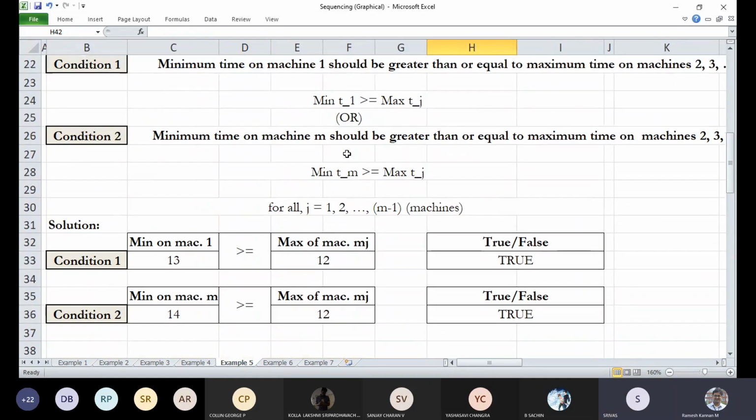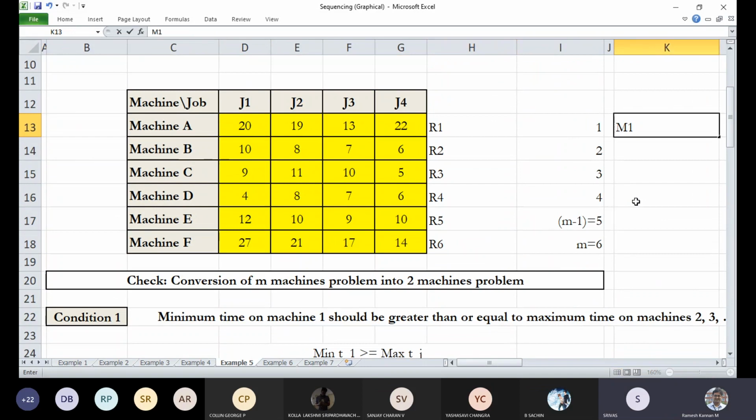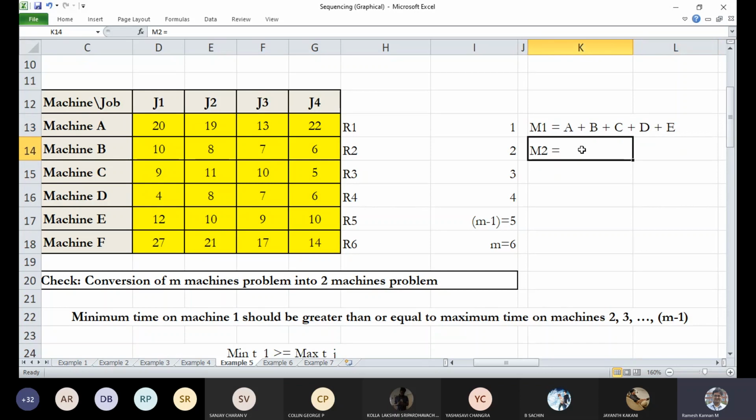In this case, machine 1 equals the first machine, which is A. Then machine 2, the equivalent machine, is B plus C. We exclude row 1, then we talk about the other elements, and also the final M. So that's how we formulate the two equivalent machines.